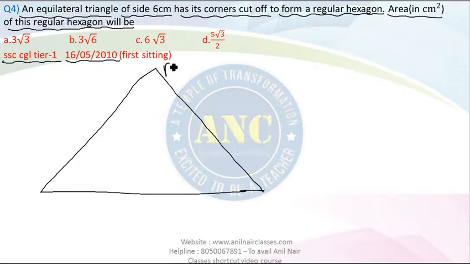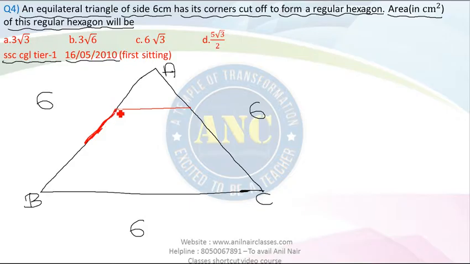Kindly correlate with it. This is a triangle ABC, which is nothing but an equilateral triangle. Now they are saying that the side of an equilateral triangle is 6 centimeter. All the 3 sides are equal, 6, 6 and 6. But what they are saying in question is an equilateral triangle of side 6 centimeter has its corners cut off to form a regular hexagon. That means they will cut it off like this. They will cut it off like this. They will cut it off like this,